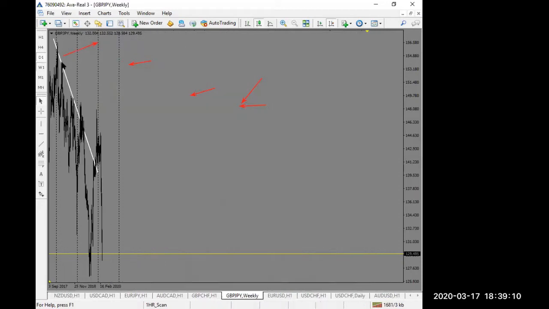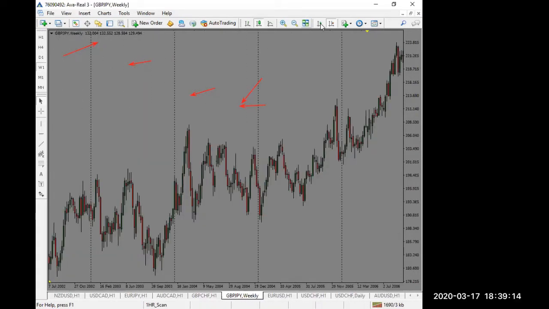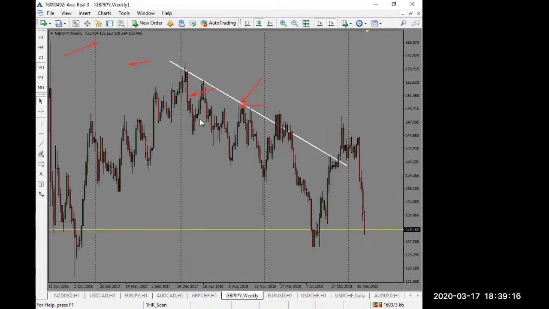If we go through to the higher time frame, that is one of the easier methods by which we can adjust the trend line. Now you can see if we're going on to the higher time frame, which in this instance is the,